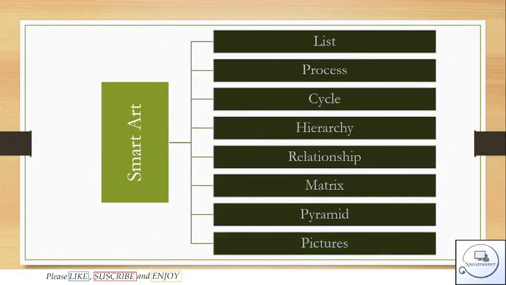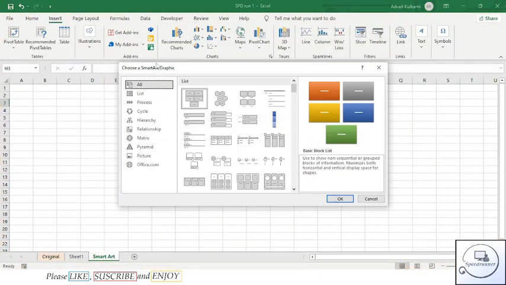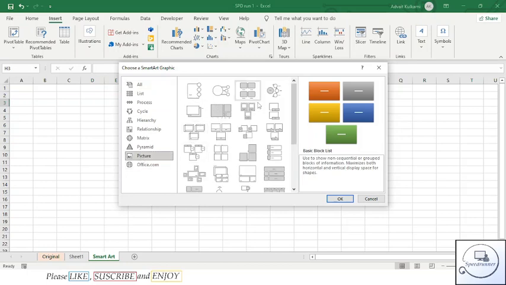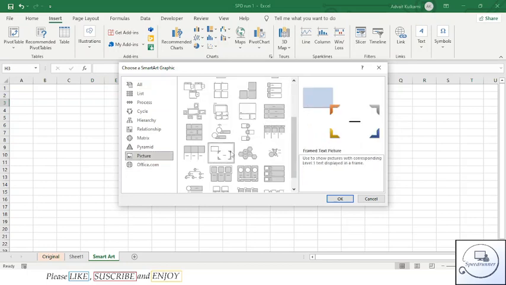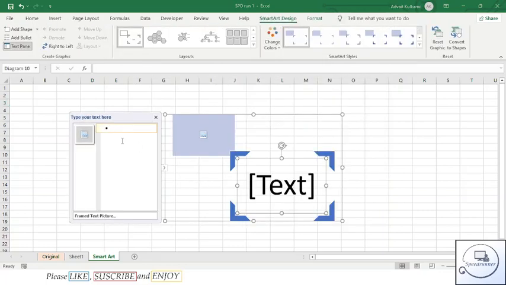And pictures. So what is the use of pictures? If you want to add pictures along with some important text, you can use this feature. For example, in the smart art you can see pictures, and you just have to select a picture. I select this frame text picture.